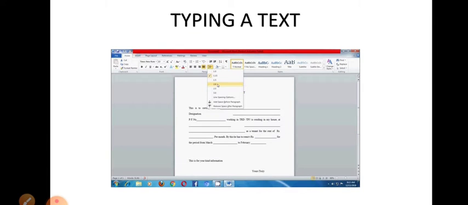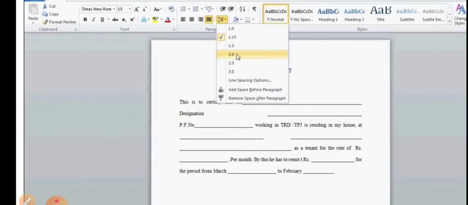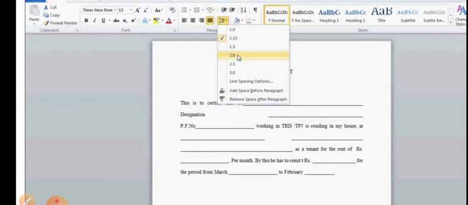Next one is typing a text. Now typing a text, you are typing the text. If you want space in between, then you have to click on the space bar key. If you want to go to the next line, then you need the enter key. You have to press the enter key. So these are some common rules for that. Okay, now your cursor is there. Wherever your cursor is, from there you have to start writing. Okay, with the help of mouse click or with the help of arrow keys also you can go up and down or side to side wherever you want.